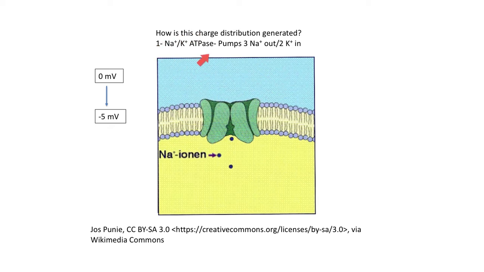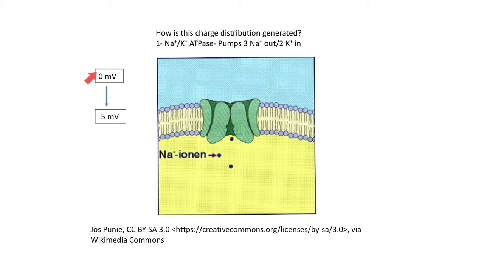So that's a lot of words. What does that mean? Well, first of all, it's a pump. That means it moves molecules, specifically sodium and potassium, against their concentration gradients. It's an ATPase, so it's an enzyme that breaks down ATP. So the sodium-potassium ATPase uses the energy of ATP to pump sodium. For every 3 sodiums that it pumps out of the cell, it brings in 2 potassiums inside the cell,